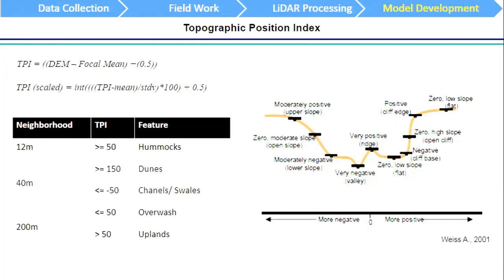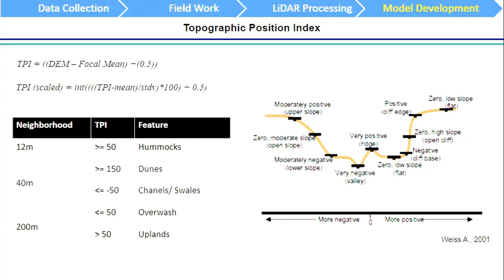Next, we classify the land portion of the barrier island using what's called a topographic position index. It was developed initially for mapping mountain areas, and it was first introduced by Weiss in 2001. Essentially, what you're doing is comparing the elevation of a point to its surrounding points, based on a neighborhood. So if a point is higher than its surrounding neighborhood, it looks like a peak or a high point. And if a point is lower than its surrounding points, based on that defined neighborhood, it looks